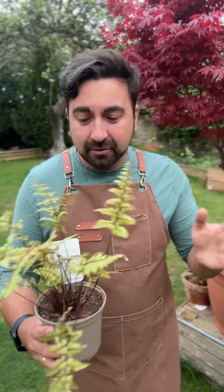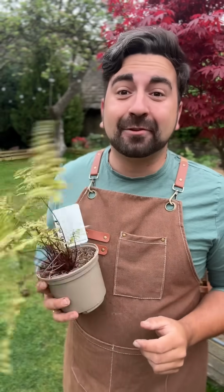Now, spacing wise, a little bit different. Because this is going to be 50 centimeters wide, I know that half of that is going to be about 25 centimeters. So plant something 25 centimeters apart, and then they won't overlap, and it will keep them happy and